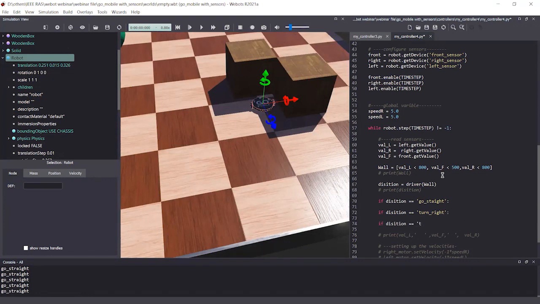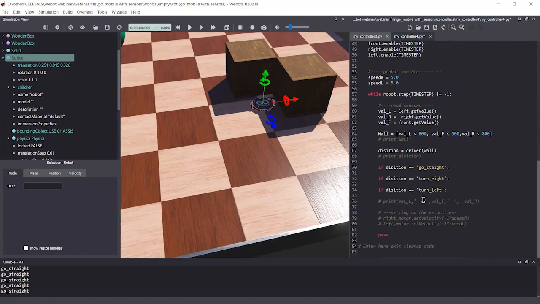Why not? Turn left. So what will we do? Now if the driver says go straight, we will set the rotating speed of our wheels.